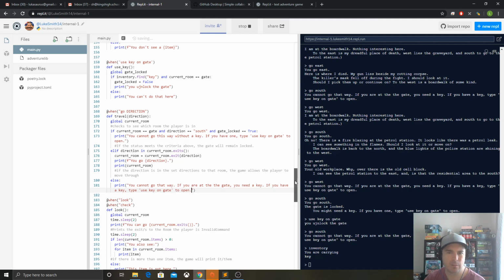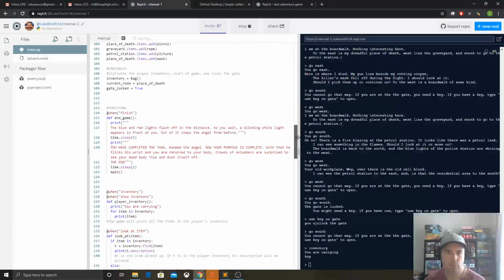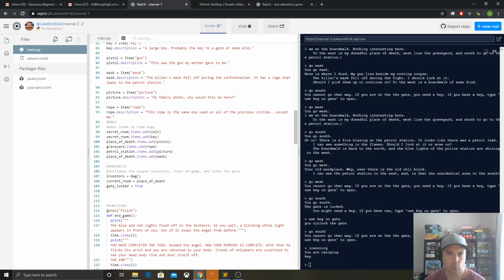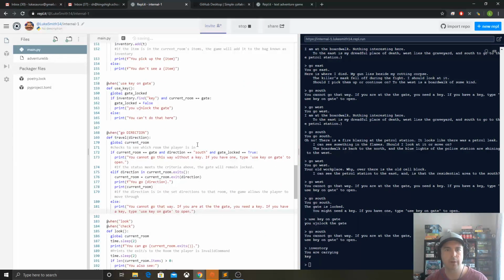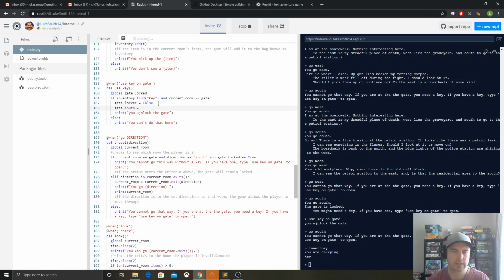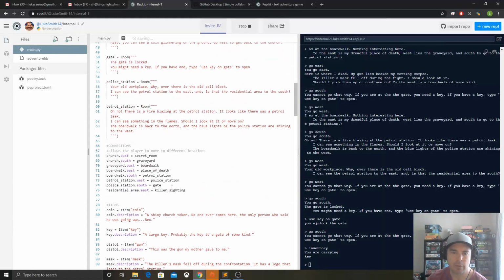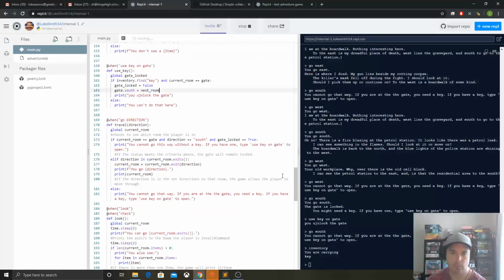I don't think I added, maybe I didn't add the direction to it. So I'm not sure what room this is. If we go to, because this is gate, so it should be gate.south equals something, and so that's what I would have to add in here. Gate.south equals next room, whatever the next room is, that'll take me to there if you didn't have that connection there before. Although it looks like you could probably add that connection up here anyway, because you're already checking to see whether the gate is locked. Does that make sense?